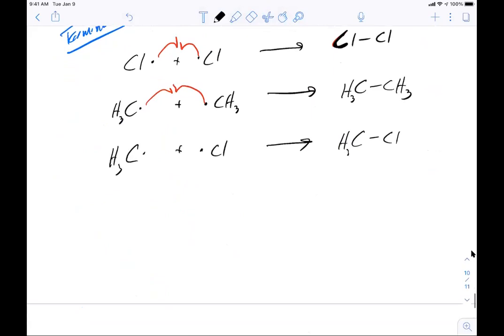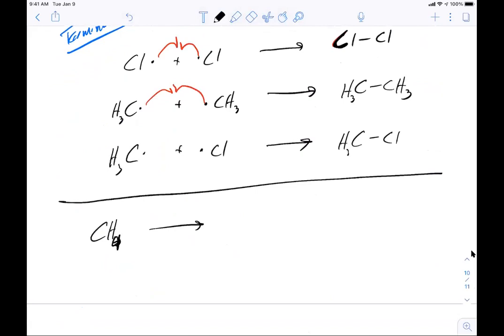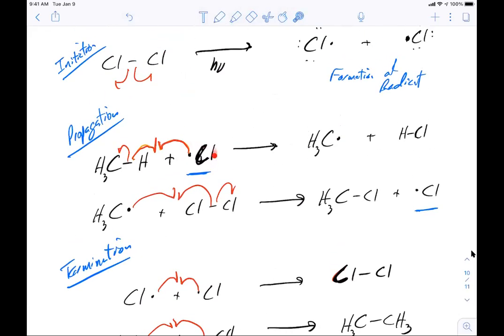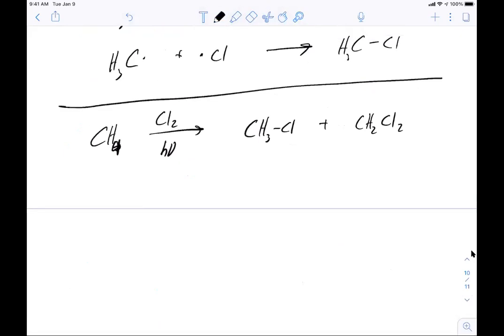Radical reactions can also be pretty messy because if I start here with CH4, methane, and react it with Cl2 with initiator, with a little bit of light, I can get this, but I can also get this, because the chlorine could abstract a proton. Could it abstract a proton from this molecule versus that molecule? Yes, the protons have about the same reactivity, and again, radicals are high energy species. So this could react with this as well as it could react with that. Okay, so I can get this,